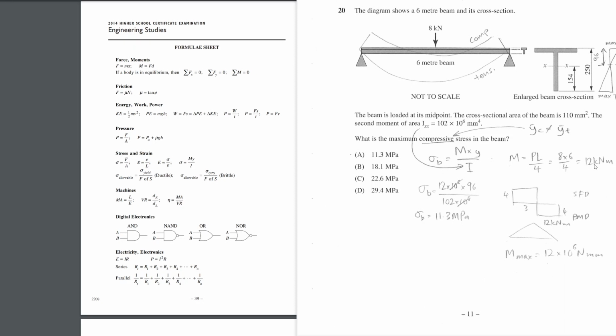So we're going to take this 12 kilonewton meters and convert it to 12 times 10 to the 6 newton millimeters. So we've got 12 times 10 to the 6 newton millimeters times 96 divided by 102 times 10 to the 6. The 10 to the 6's cross out, and that pretty much always happens, right? If you look at the section guide,